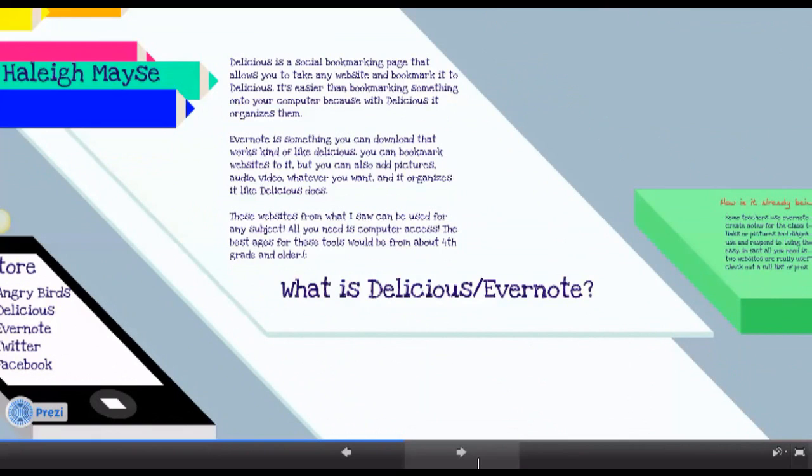What exactly is Delicious or Evernote? Delicious is a social bookmarking page that allows you to take any website and bookmark it to Delicious. It's easier than bookmarking something onto your computer because with Delicious it organizes them. Evernote is something you can download or use on the computer that works kind of like Delicious. You can bookmark websites to it, but you can also add pictures, audio, video, whatever you want, and it organizes it just like